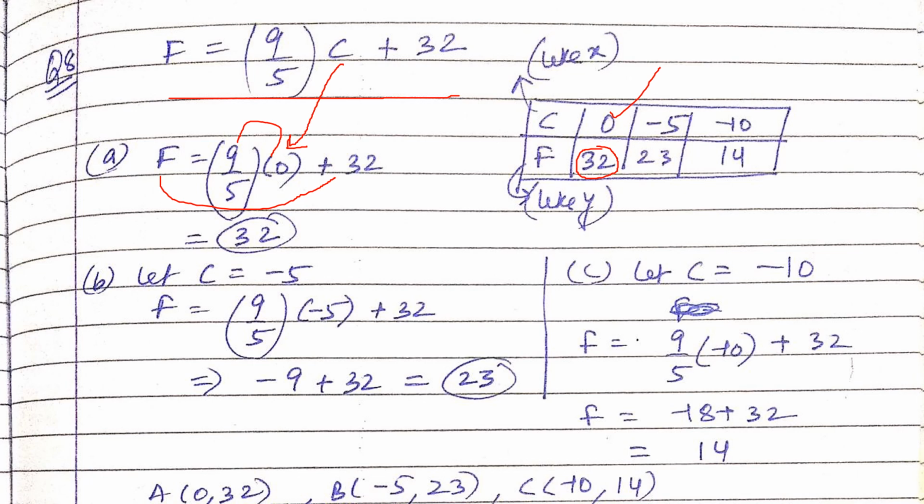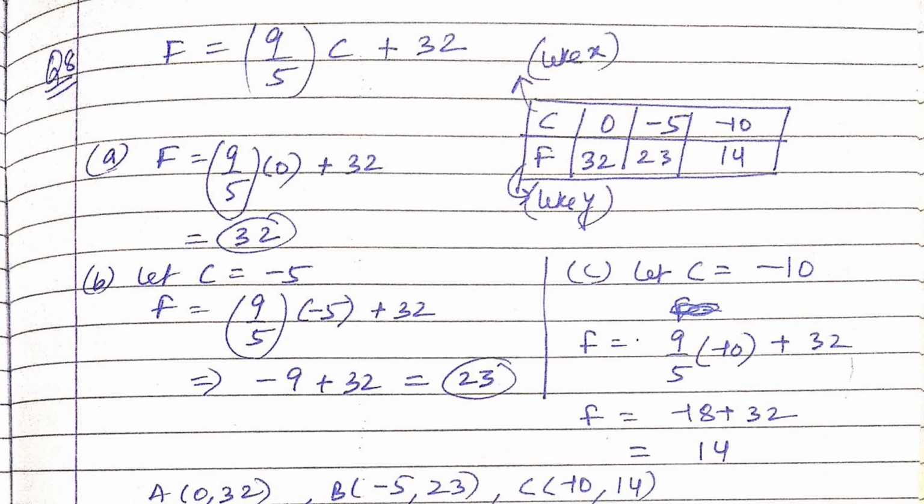The second input is minus 5. Why minus 5? Because minus 5 is convenient. It can easily cut the denominator, so we will avoid fractions if we use minus 5. If you take minus 1, minus 2 or minus 3, something like that, it will not be good. Also, if you take plus 5, it will be okay, but the issue is you will get a positive value: 9 5s are 45 plus 32, so that value will be around 80, which is tough for you to locate on the number line. So we should try to keep it limited so that it is easy for us to locate on the number line. Okay, so I've taken minus 5.